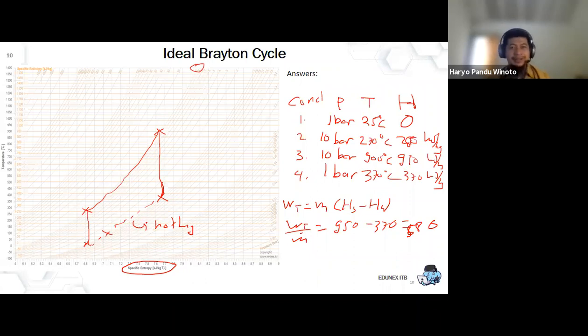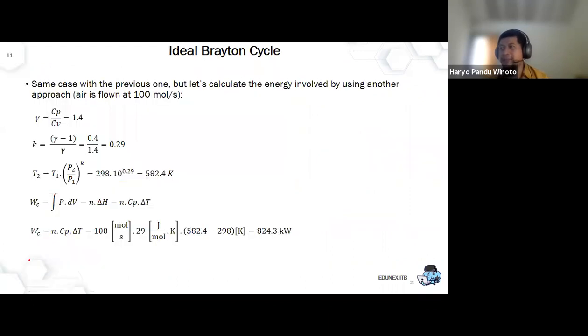Unlike the Rankine, I always put the comparison with Rankine because you have just finished studying it. You have just finished your second module exam. In Rankine, we always want to consider the condenser. But in Brayton, normally we don't. Let me explain it to you. What happens if we don't have the TS diagram?